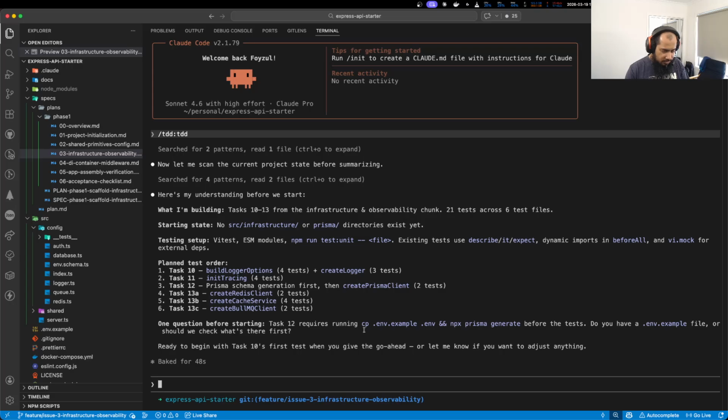It has one question before starting: task 12 requires running cp env before the test. Do you have an env example file? Should we check? We should check. Or in fact, I already have. We already have the .env example, but you can check as well.